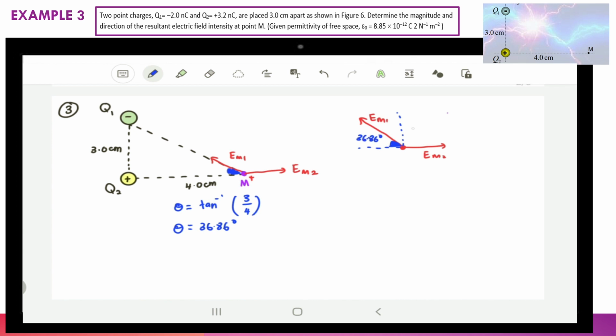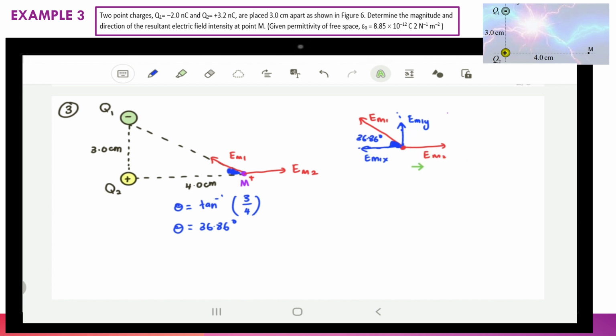Now for the electric field strength EM1, we need to resolve into two directions, which is in y direction and in x direction. So we finish drawing all the directions for EM1 and EM2. You can see here, EM1 we have x and y, but EM2 is to the right, so no direction